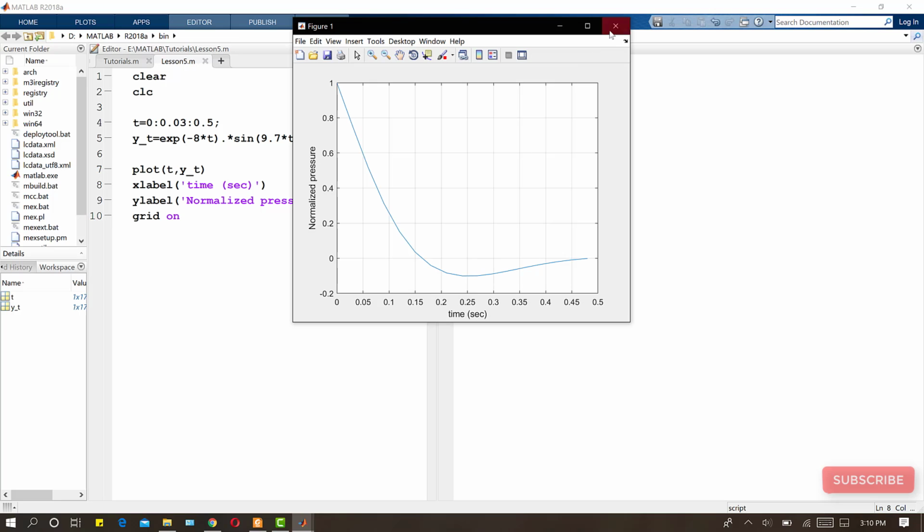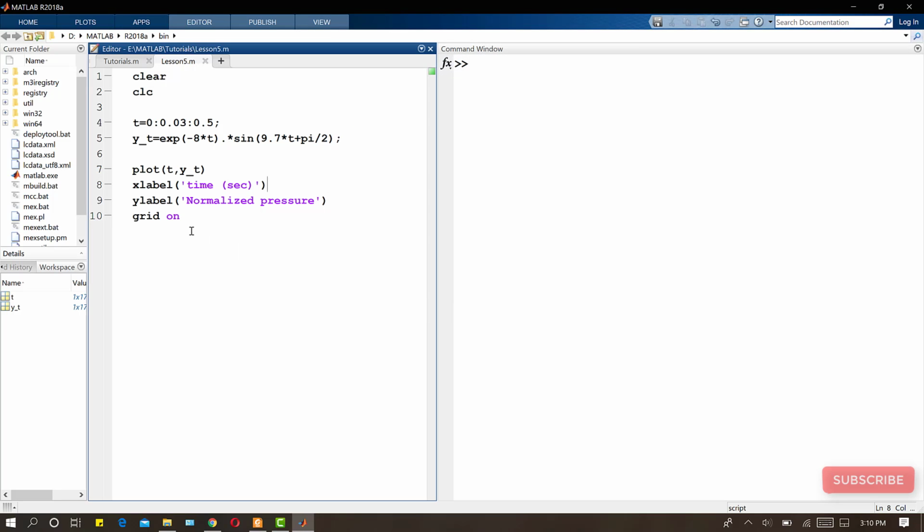So what I will do, there is another function, that is the ginput function. So I will write ginput and then I will write 1, because I want one input. You will know in a short while what the meaning of this one is. So let's suppose I want to equate this into x. Now if I run this,